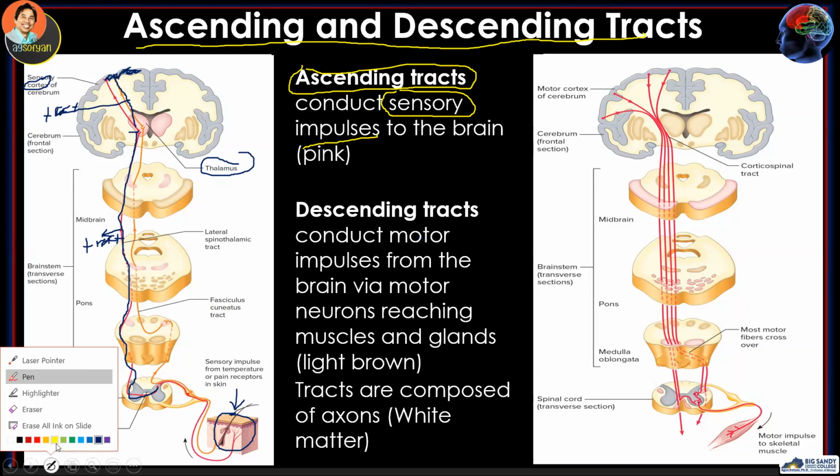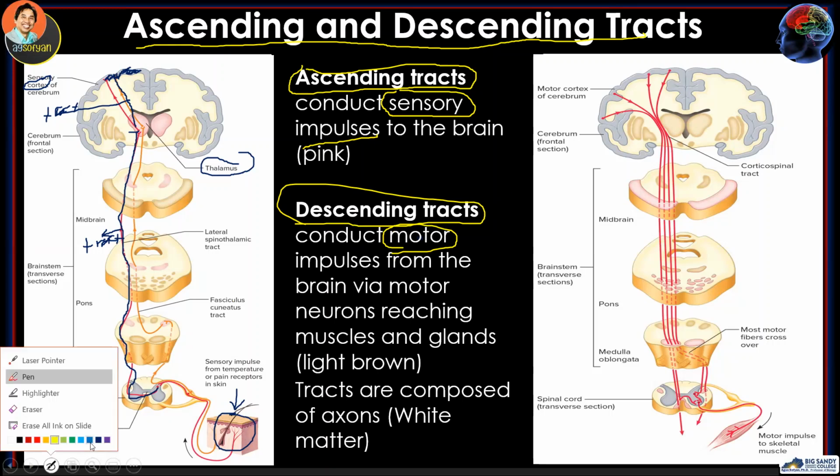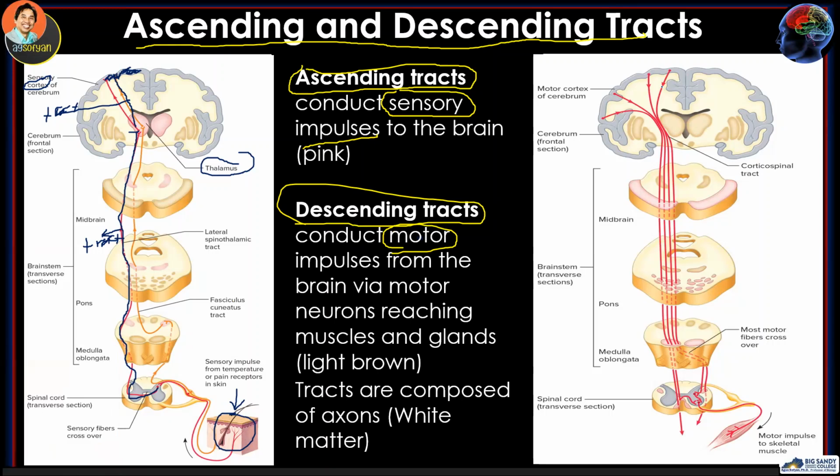So this is the ascending tract. The second one is called the descending tract. It is also known as a motor tract because this one carries motor orders from the brain down to the spinal cord. So this is the down tract, brain to the spinal cord. Again, the processing center in the brain is the cerebral cortex over here. So the cell bodies of the interneurons in the brain will process the order, give the order, and the order will be